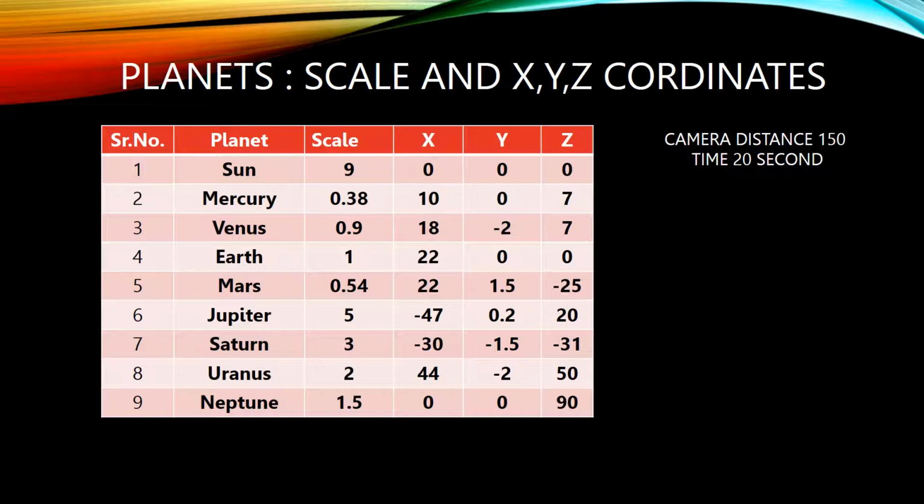Now in the solar system there will be planets and sun. These are the relative position, meaning x, y, z coordinates of the sun and the planets, and their sizes compared to each other. So this is the table that I am going to follow in the entire exercise. And let us start with this. So you have to refer to this table when you are creating the models.